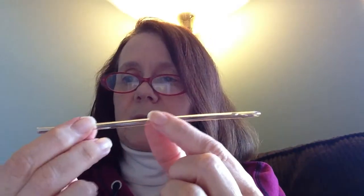So you have to pull the whole thing out of your bladder all at once, and then your cocktail will stay in place. So that's how you do it if you're going to be doing an installation. Now, if you're just going to be catheterizing because you need to, you suffer from retention like I do, and all you want to do is drain your bladder, this is the intermittent